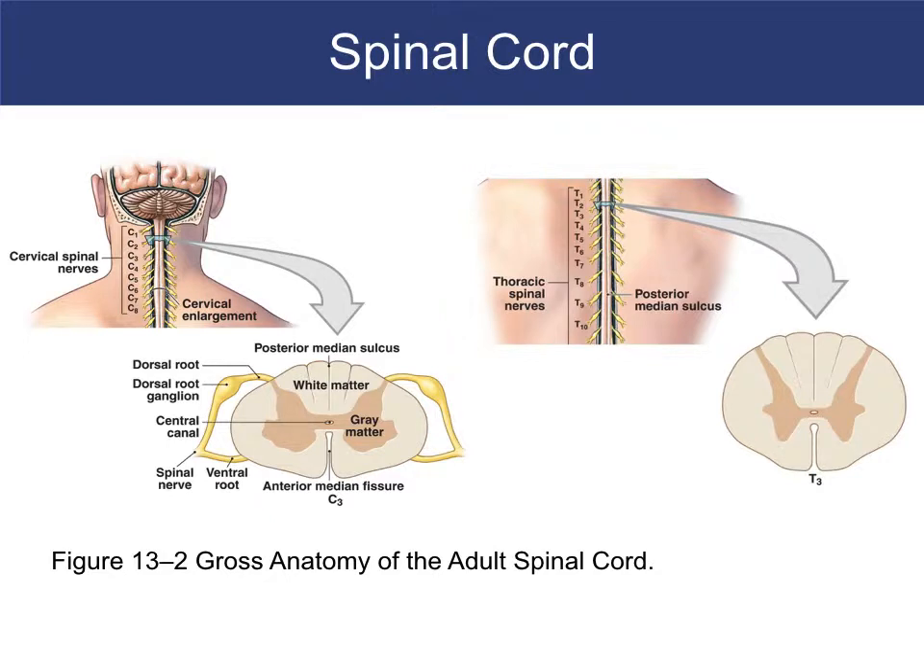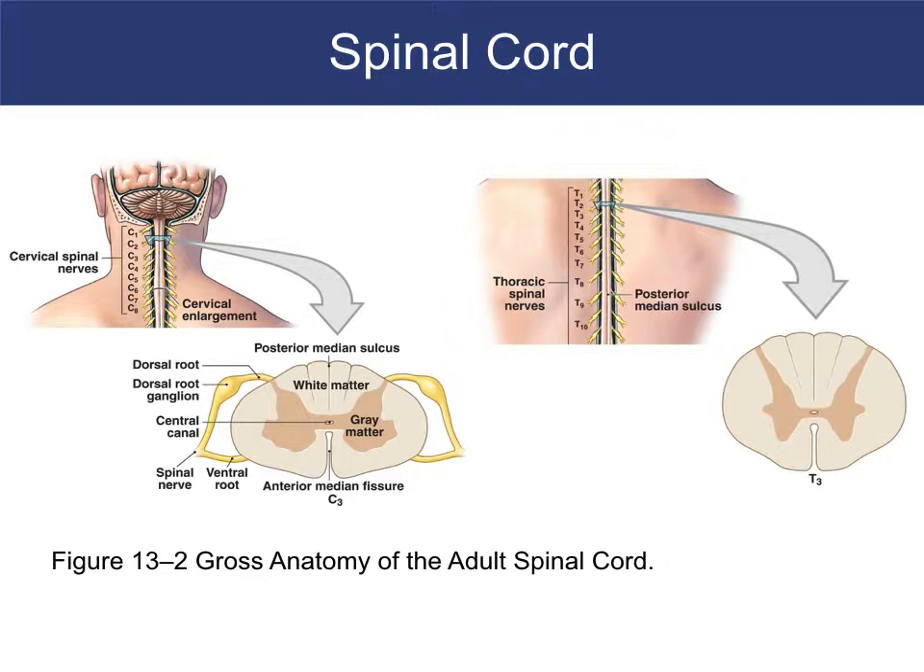So here's an example of the two enlargements. The one up in the cervical area, you see it gets a little bit wider up in here, not much, and the same thing down lower. It gets a little bit bigger down here too because it's sending off all the information to the lower leg. This one picture right here is probably basically what you need to know about the anatomy of the spinal cord